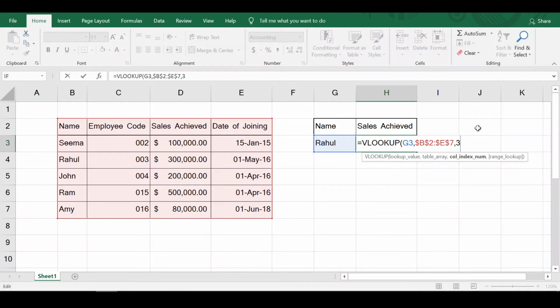One more thing I must mention, that the heading that I am writing over here is sales achieved, and the heading that is over here is not at all relevant. This is only and only for our understanding. The thing that we want to be concerned with is the name of the employee. This must be exactly the same as the data which is written in the table array, because Excel will search for exactly this name. Suppose I make a spelling mistake over here, that is I write Rahul differently from how it is written here, so Excel will not search for that data. So that's the reason why only the name of the employees, that is the leftmost column, is important.